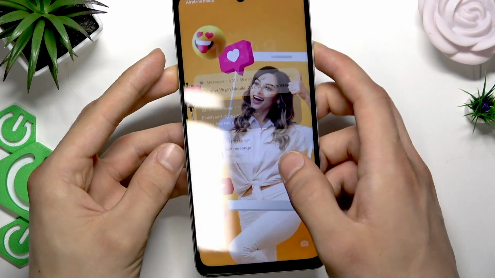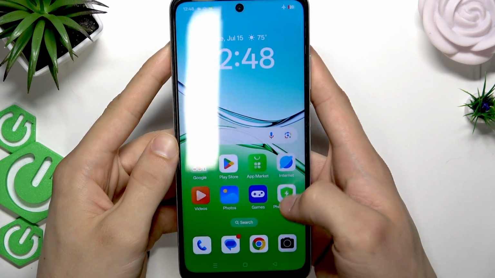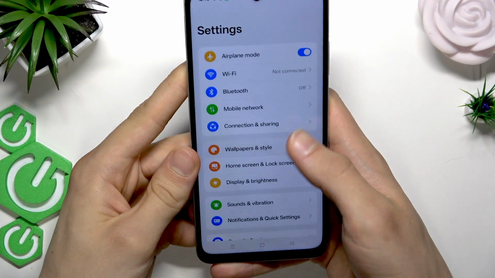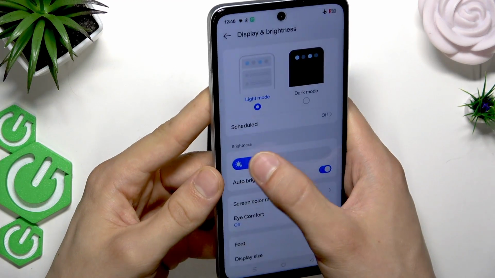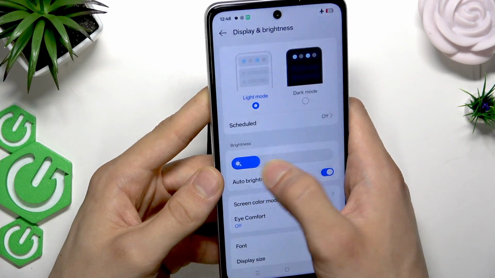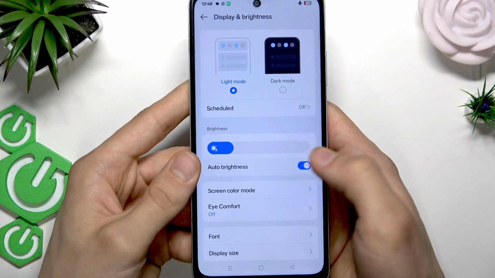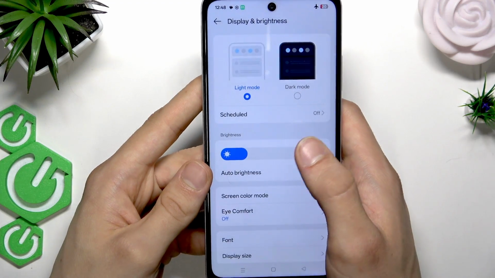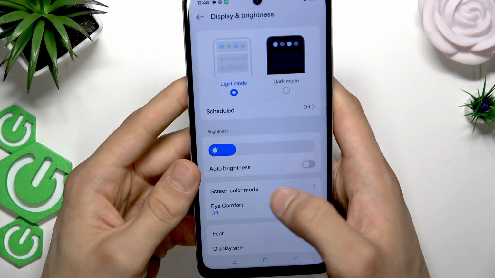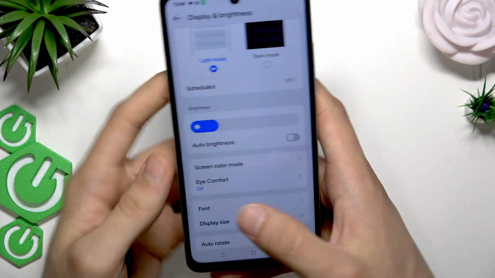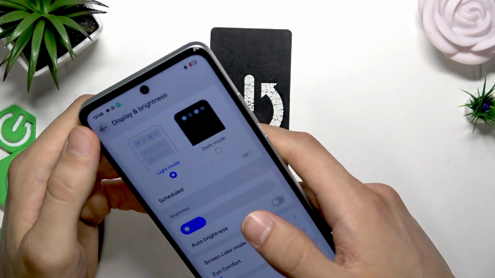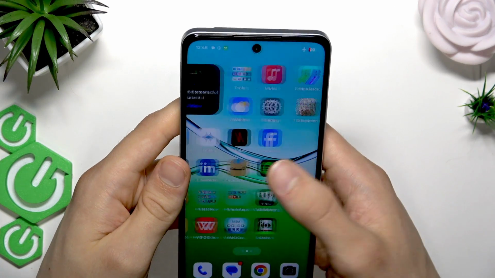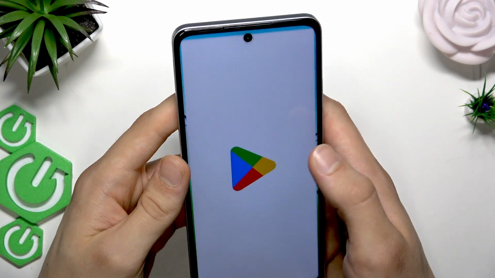To do that, first of all you can go to Settings, then select Display and Brightness, and then you can adjust the brightness yourself. And if it doesn't help, you can try disabling auto brightness and see if anything changes. And if it doesn't help you, then the next thing that you can do is open the Google Play Store